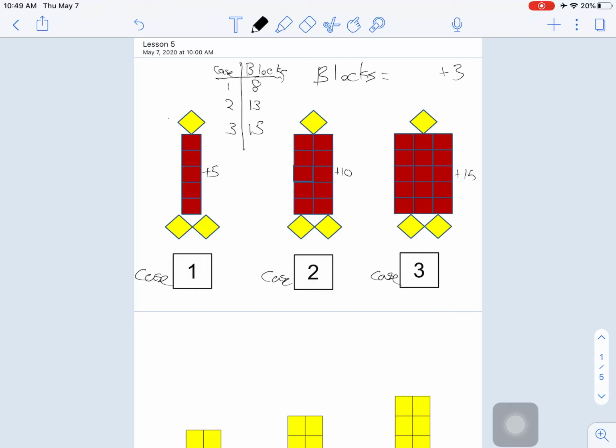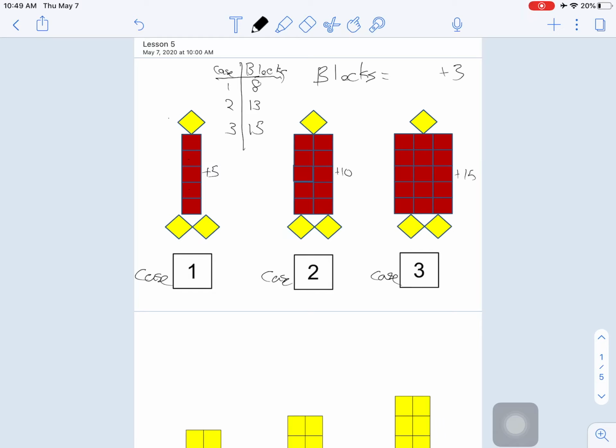Now, how can I represent the red blocks? What do we notice about the red blocks? Awesome, they're increasing by 5 every time. It goes 5, 10, 15. Case 4 is going to have 20 red blocks, right? And it continues on there. Now, I might say, how many red blocks would, say, case 100 have? I really like this 100 case. It would have